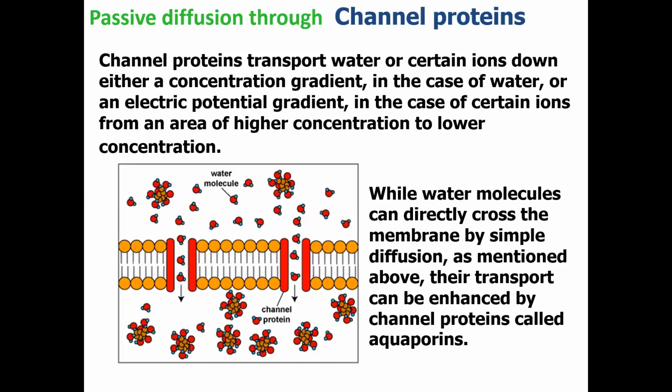Now, passive diffusion through the channel protein. How does passive diffusion occur in the lipid bilayer? They use proteins which are bound into the lipid bilayer structure, that is, membrane proteins. It is also known as a channel protein, which can easily pass the molecules, whether they are water molecules, gaseous molecules, or any other types of non-polar molecules. So this is the figure which shows how the water molecule crosses the lipid bilayer structure.